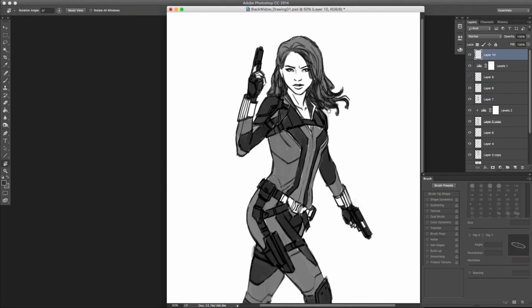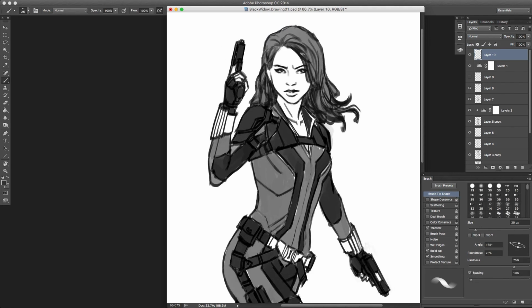And at this point, I felt like I wanted to do just a little bit more detail and refinement on the face. So I zoomed in a little bit. I don't want to go too much. And I'm just going to start cleaning up a little bit. This drawing is not about doing a drawing of Scarlett Johansson, because it's clearly not a likeness, but more the essence of the character, Black Widow, rather than the actress, because that would be a whole other tutorial in itself. But at this point, I'm trying to just add a little bit more detail, interest, refining a little,